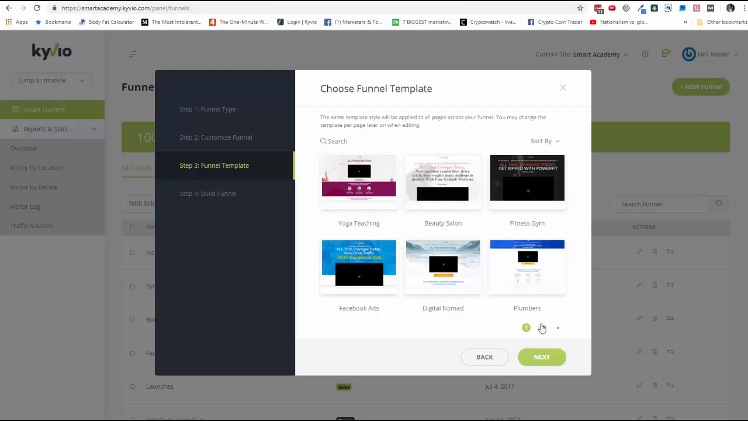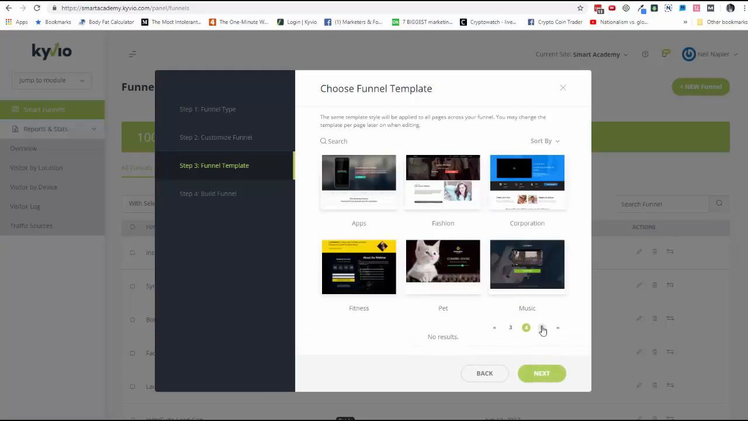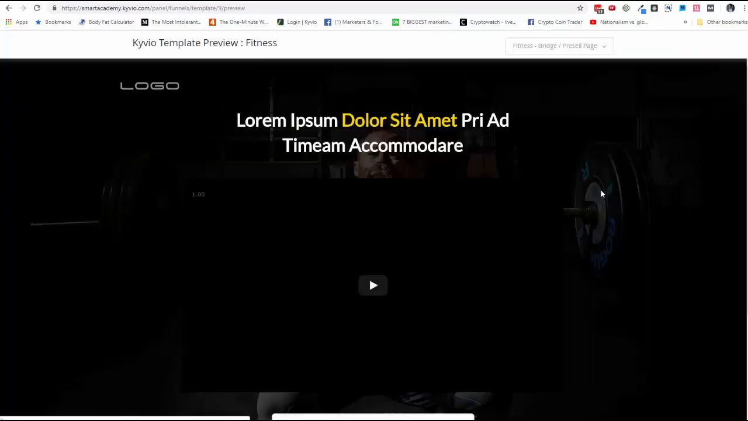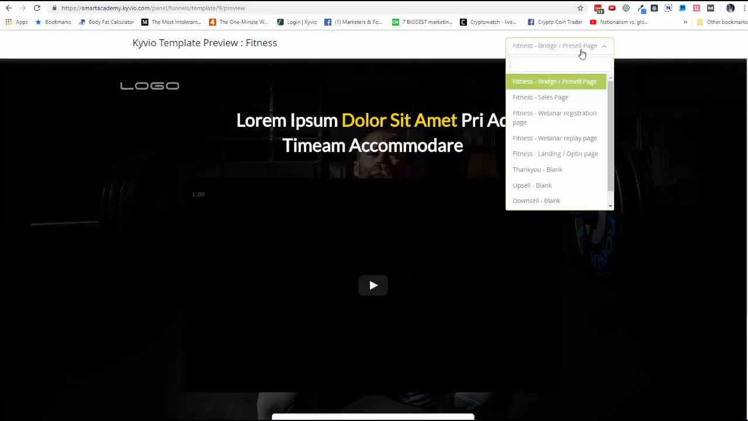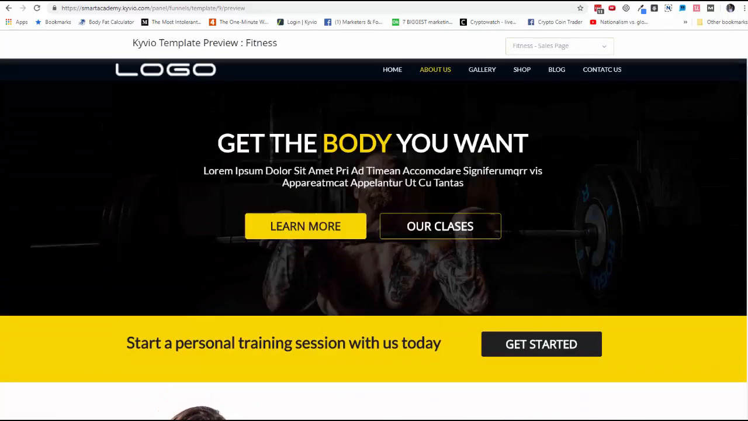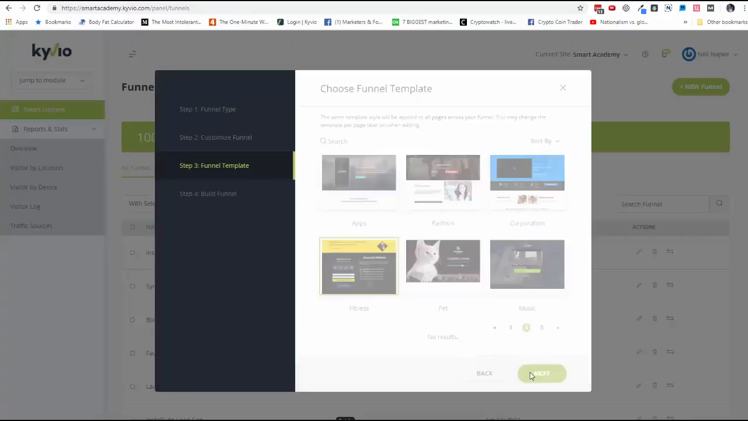So just go through all of these and pick the one that you like the best and just run with it. So for example, if I wanted to go with fitness, I could first preview it as well. So when I preview it, I can quickly see what all the pages under this look like. And if I didn't like it, I could just go and pick another one. So this is how all the pages have been laid out. So once I'm happy with it, I'm just going to go ahead and select this template and click on next